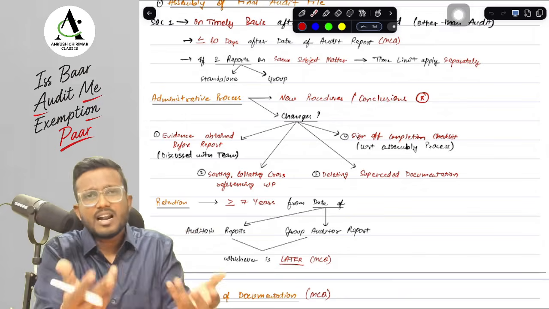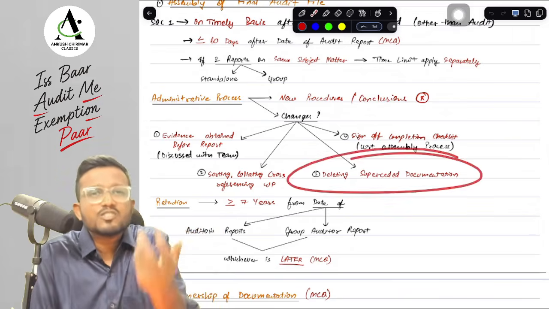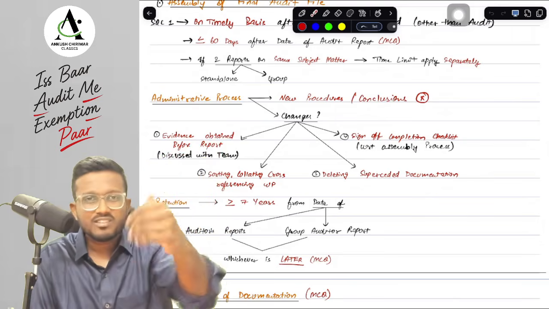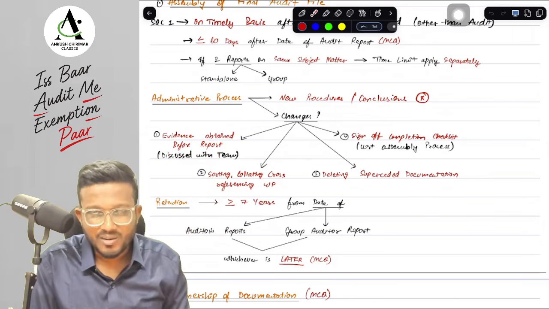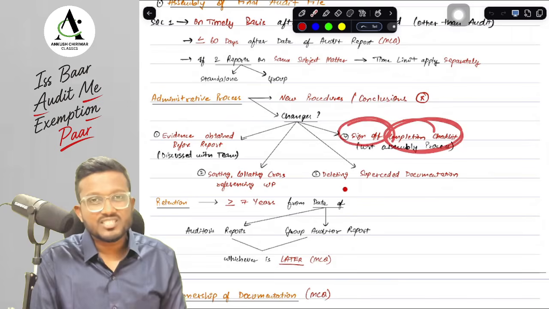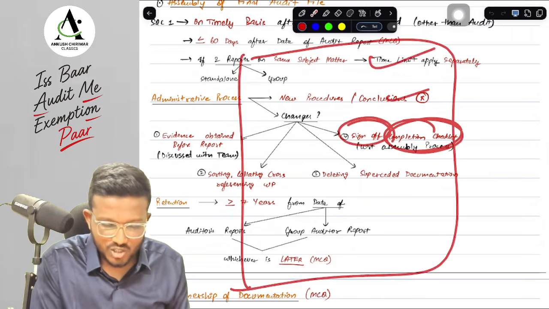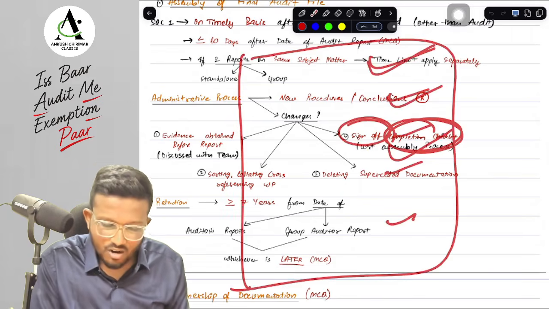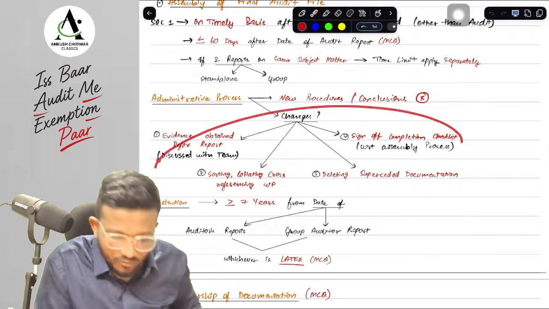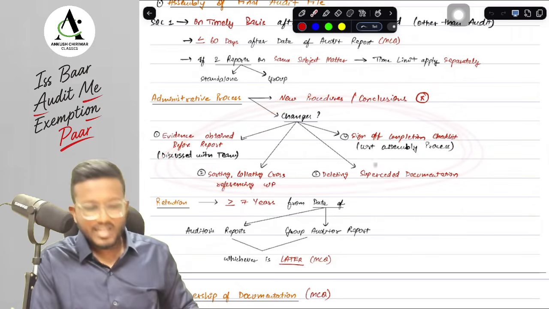This is of an administrative nature. Next, you need to delete the superseded documentation. You need to delete the draft versions of all the documentation, and you can do that. Obviously we cannot keep the draft versions in our audit documentation, and that is also an administrative process. And lastly, you need to sign off on the completion checklist. There is a completion checklist. The tasks are mentioned, what tasks you have to do, and you just have to sign off on this completion checklist. That is also allowed because you don't have to apply your mind here. So these four changes are allowed. What are the four changes, sir?